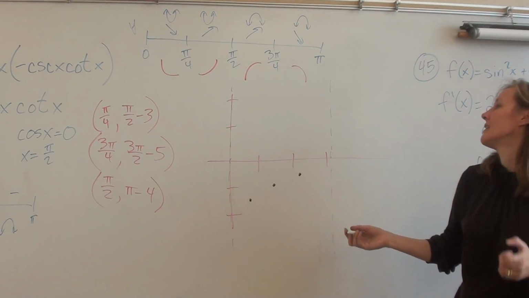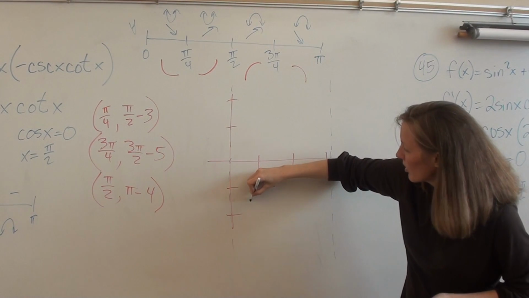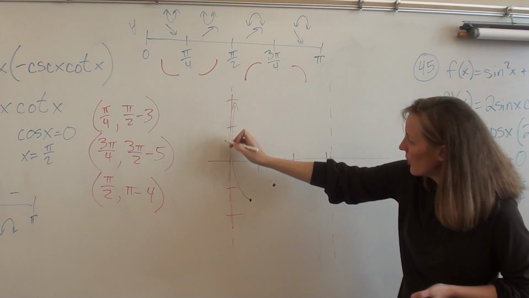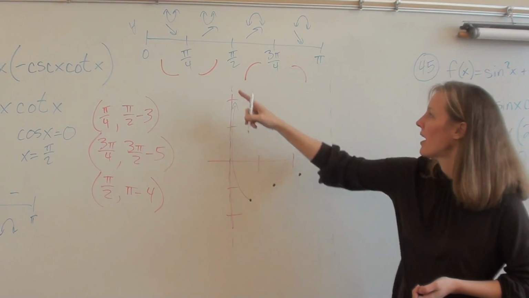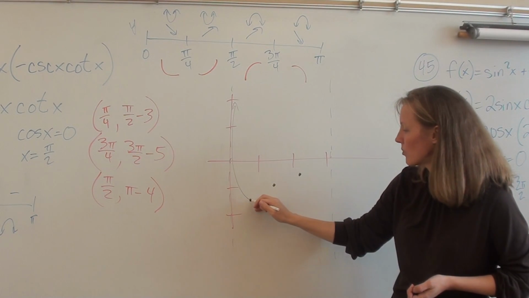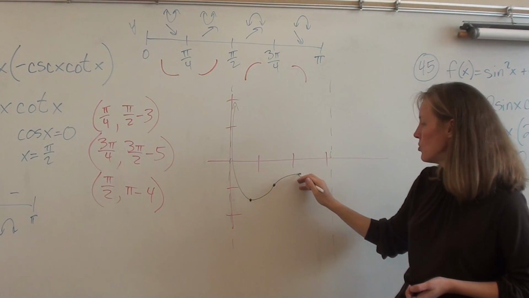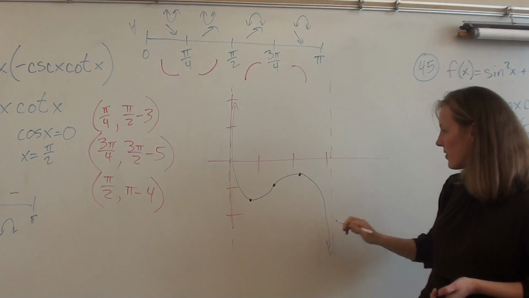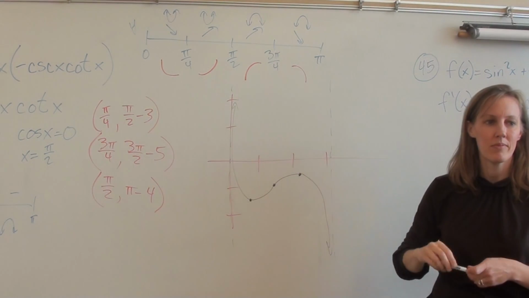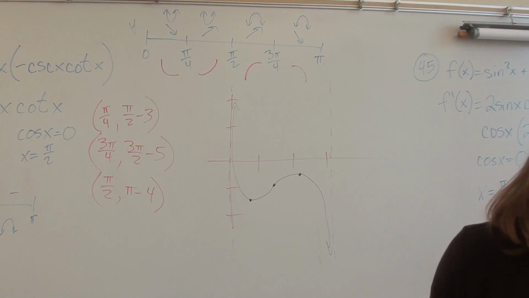Let's connect the dots. From 0 to pi/4 we have this shape, so we're going to follow our asymptote with that shape. From pi/4 to pi/2 we have this shape, so we connect, whoop, pi/2 to 3 pi/4, whoop, and then 3 pi/4 to pi, whoop, and we get that. And we finished by quarter after. All right, so